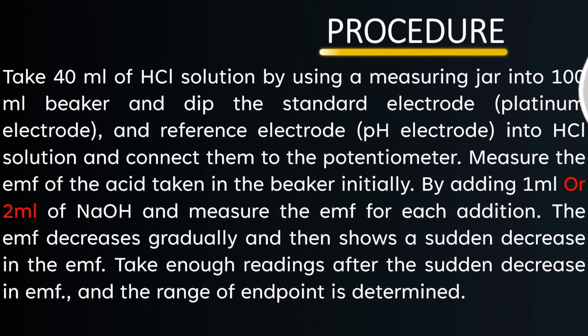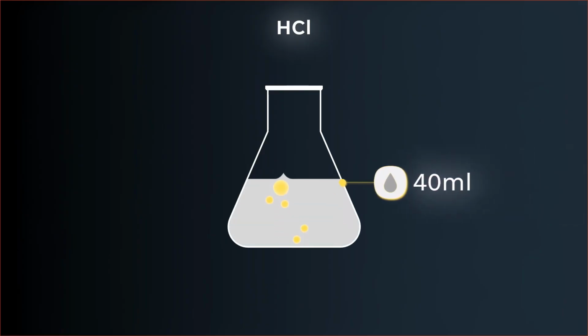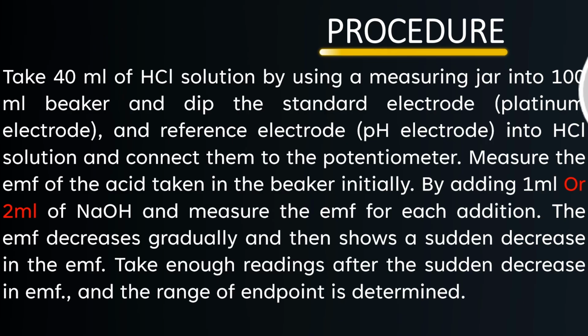Procedure: take 40 ml of HCl solution using a measuring jar into a 100 ml beaker, and dip the platinum electrode, reference electrode and pH electrode into the HCl solution and connect them to the potentiometer. Measure the EMF of the acid taken in the beaker initially, then add 1 ml or 2 ml